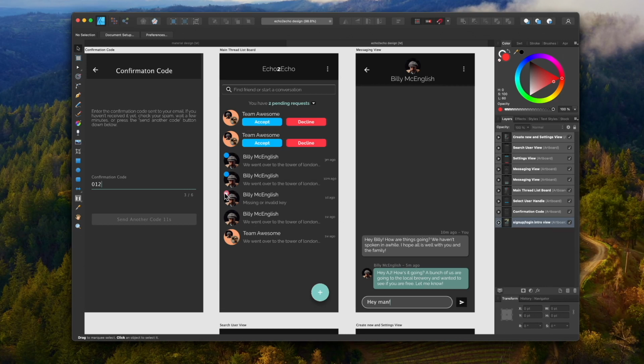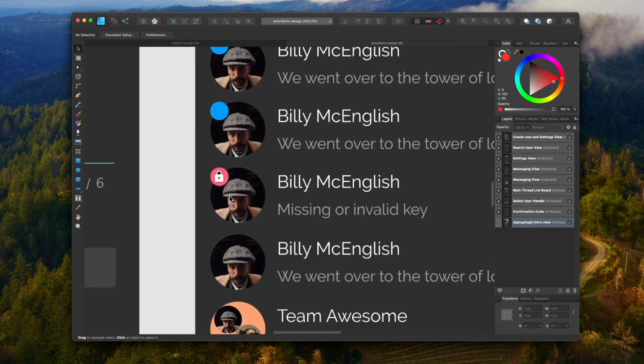Some of the other stuff that I thought about, and the other part of designing that I think is kind of cool, is that we create new requirements that we hadn't thought of before as well. So I guess that's kind of a flip from the previous statement. But in this case, I thought it would be nice to add in the ability to see that we don't have access to a particular thread. I'll zoom in on that a little bit. So